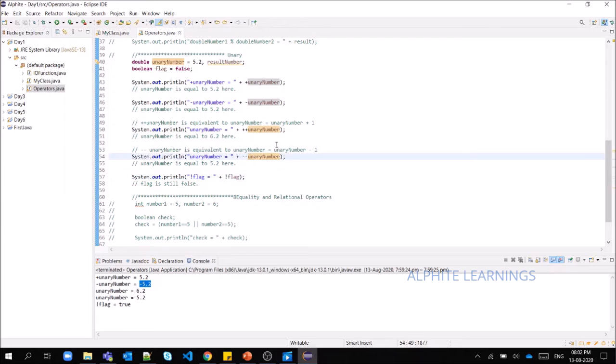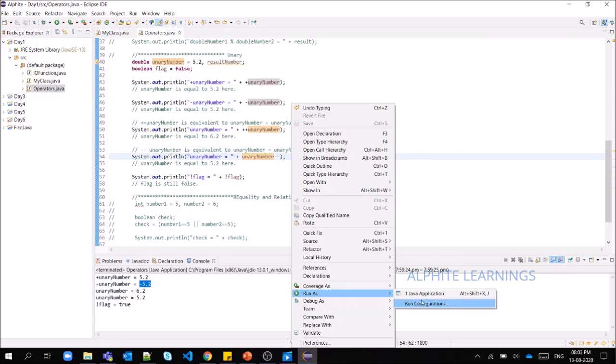Okay, to show this example, instead of adding the decrement operator in front, I have just changed it here. So here we have already incremented the value to 6.2, and I'm adding the decrement operator next to the unary number, so what value should be printed here?